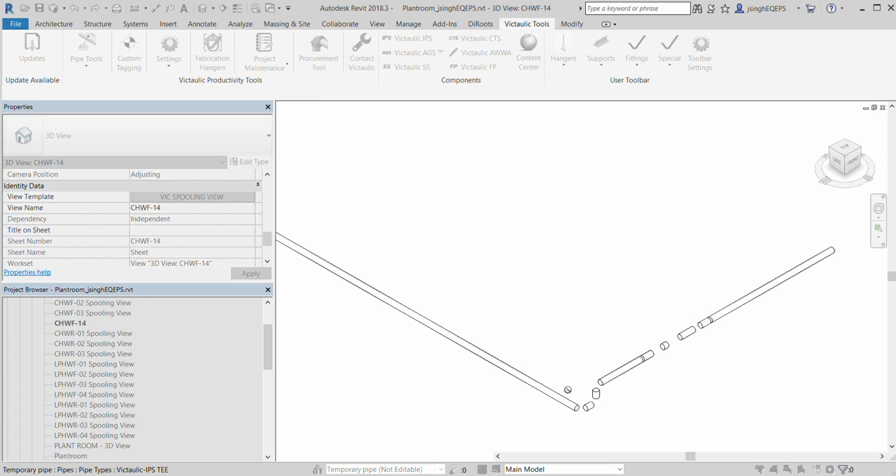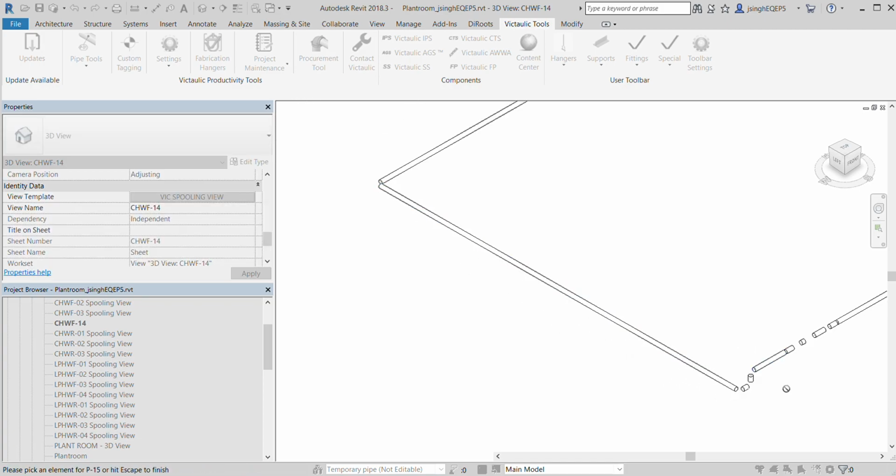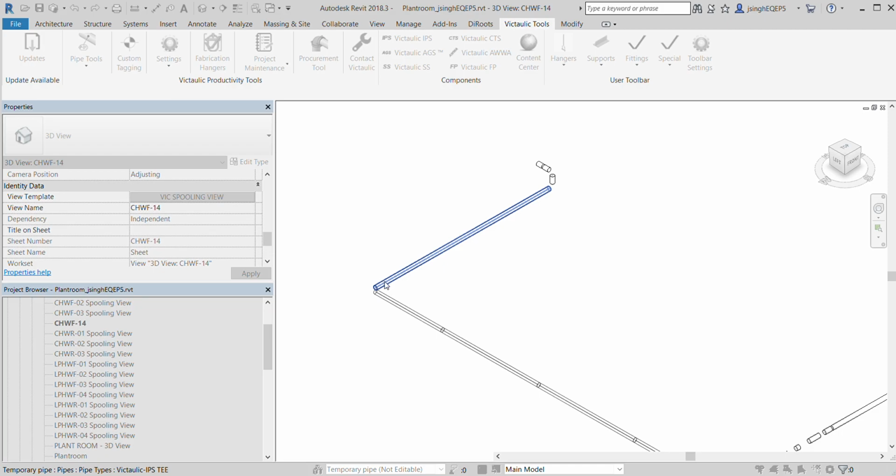But now when I click this pipe, you will see it has automatically split the pipe into 4 different segments, because this point is exactly 5940. So I have to join these two segments by a coupling. Same goes here, same goes here. And now if I click on this one as well,